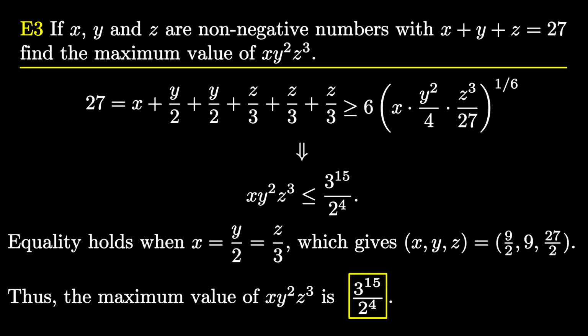This completes the solution. Hopefully now you are convinced that applying the AM-GM inequality requires some cleverness or creativity to obtain the required result. Cleverness and creativity are two indispensable traits to become a good problem solver in mathematics. We have a lot to say about it, and we shall keep saying it in subsequent videos. So it is good for you to stay tuned with us.